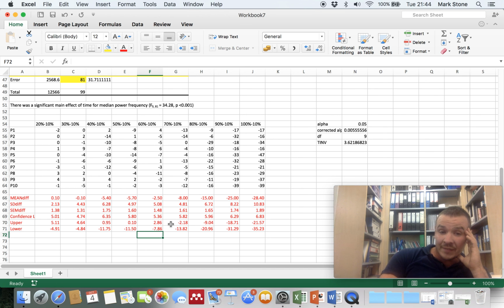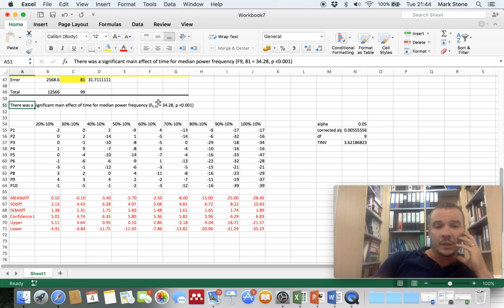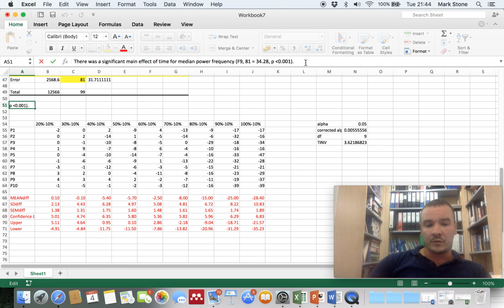But if you look at 70, 80, 90 and 100%, you see that there's actually some systematic effects. So both the upper and the lower are negative, so the direction of the change in the mean from baseline is systematic. So I can write that up, and I'm going to write it in row 52, just underneath. Or if not, I'll write it in row 51, just after where I've finished my previous statistical sentence. And all I'm going to write is that